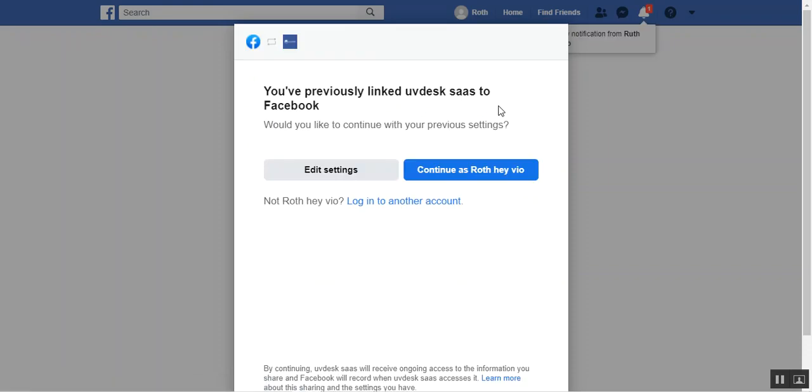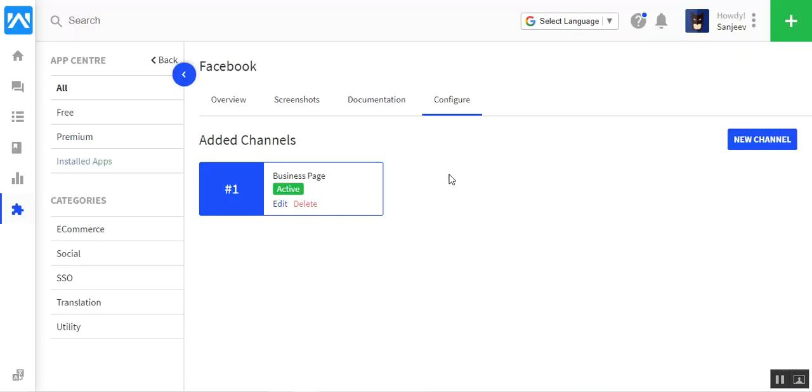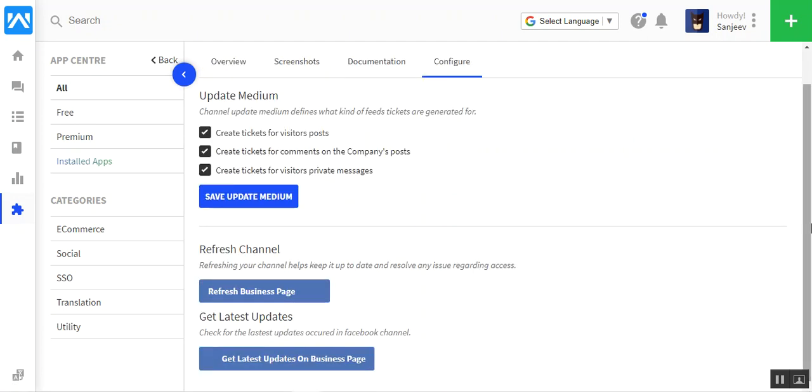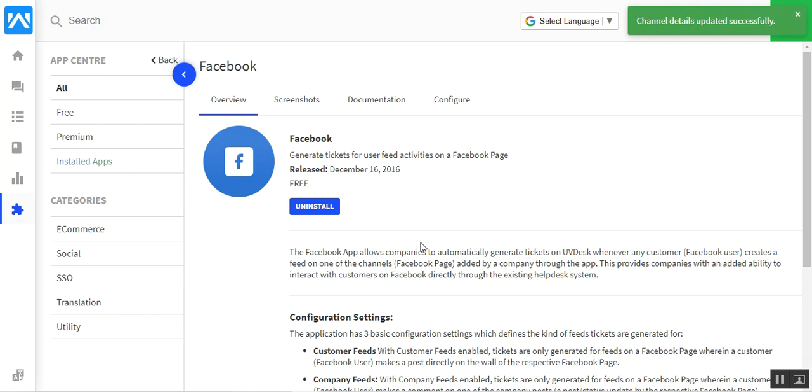Now you have to follow the same steps for comments, messages and posts as well. Here just tap that edit option, and for the latest notification just tap get latest updates on business page. And you will also get a pop-up message again. Now we are switching towards the ticket part.